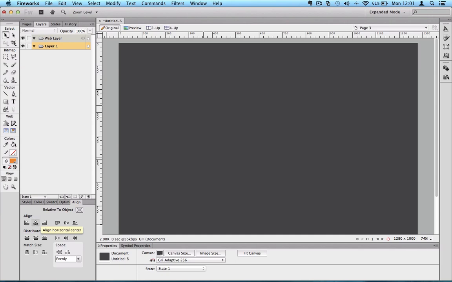Oh, one thing I did mean to mention earlier on, as you can see, I'm using the Mac version of Fireworks, but because Adobe haven't really ever fully embraced the Mac operating system, or the look of the operating system, it looks just like the PC version, so there won't be any confusion, I don't think, between what I'm doing on this Mac and what you might be doing on a PC. I mean, I use the PC version of Fireworks as well, and I've not noticed any difference between the two,